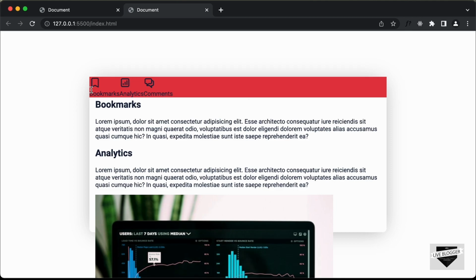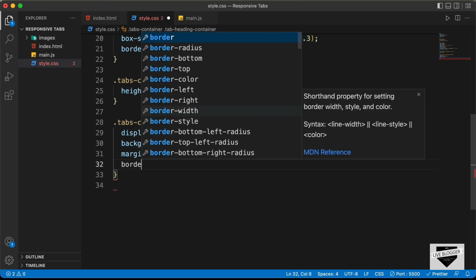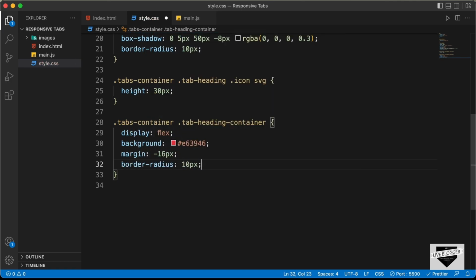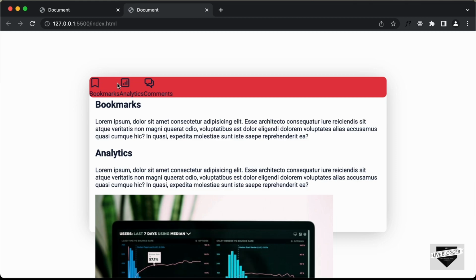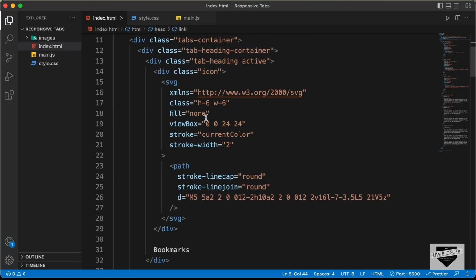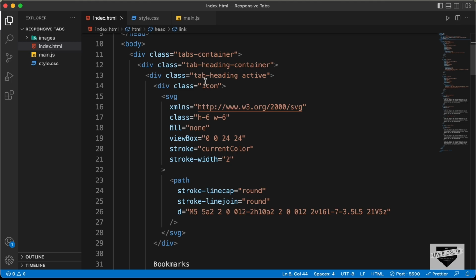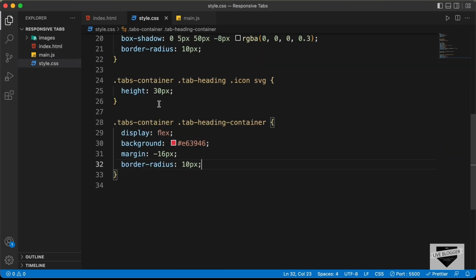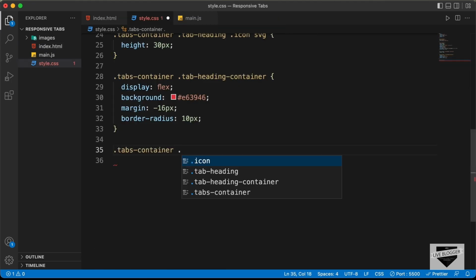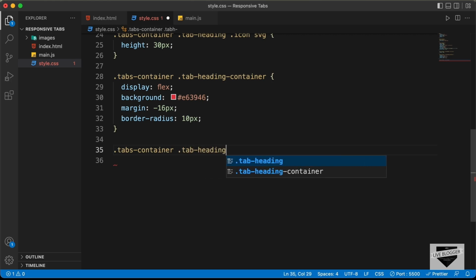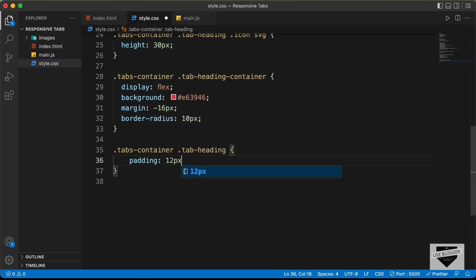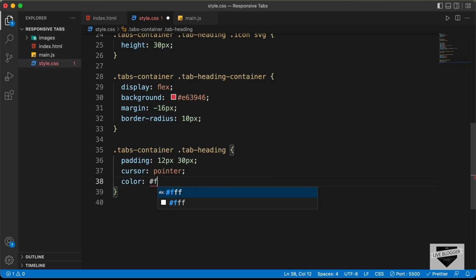And let's also add border radius for the tab heading container. So let's type border radius, and let's set it to 10 pixels. Right now let's style these tab headings. So here we can see inside the tab heading container we have this tab heading division. So let's type tabs container tab heading, and for the tab heading let's set a padding of 12 pixels top and bottom and 30 pixels left and right, and let's set the cursor to pointer, and let's set the color of the text to white,